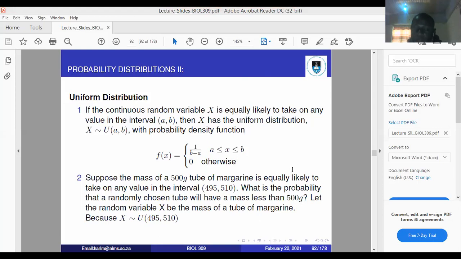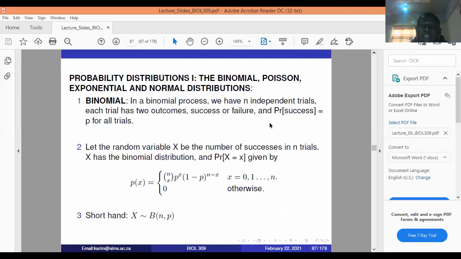Okay. So yesterday in our face-to-face meeting, we looked at a situation where we consider a distribution for data that has the binomial distribution. So we consider a probability distribution for a variable that has a binomial distribution. And then we said that variables are said to have a binomial distribution when the outcome is either yes or no, alive or